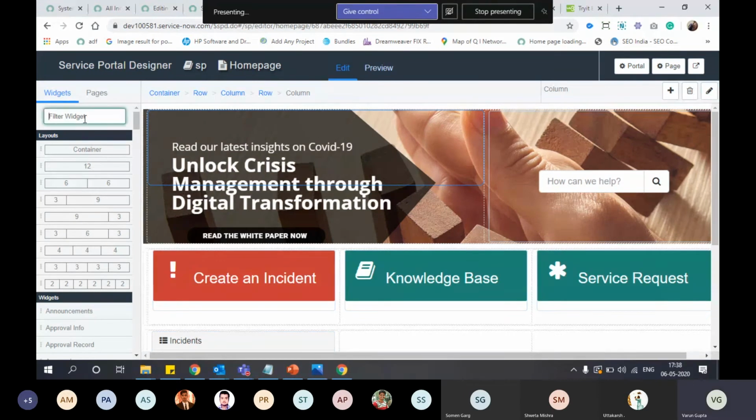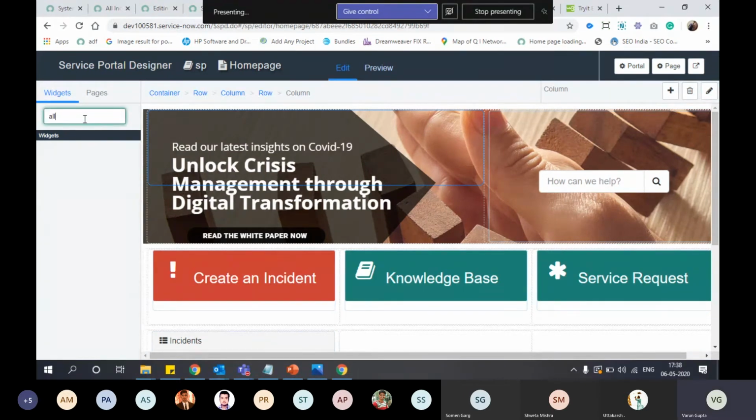Add our custom widget. Reload this page.